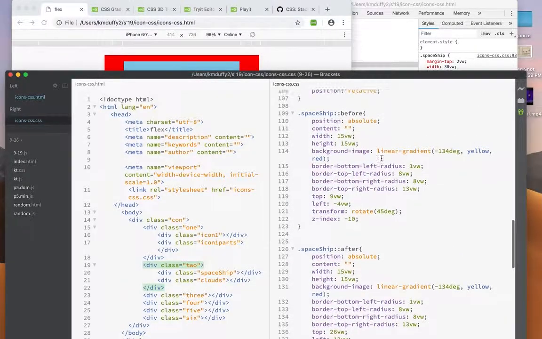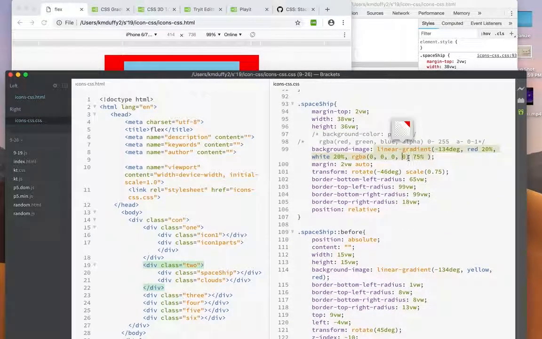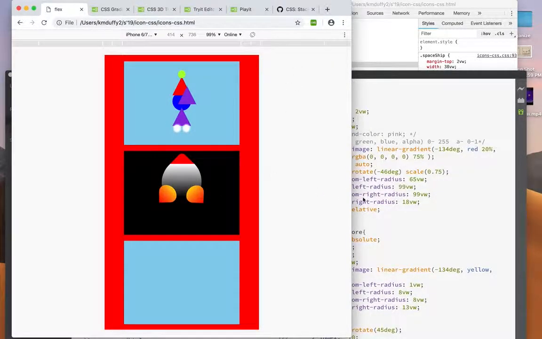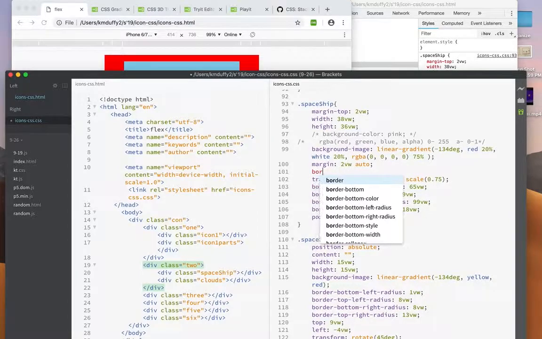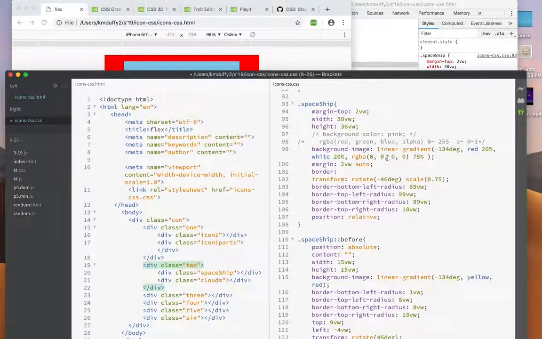So one thing I do want to show you really quick, before we get started, with this gradient here, or anything that you want to make transparent, is that we can actually put borders around stuff. Using that RGBA with the transparency is how you can actually have shapes that have no fill but have a